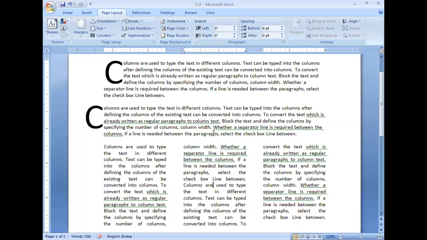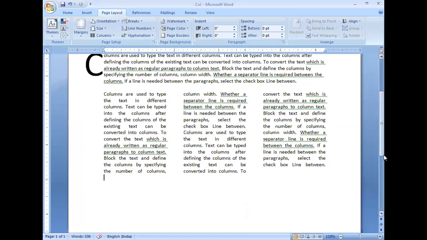So this is how we did it in the previous session. Now let's work with the auto text. Example: now I'll type Manipal Institute of Computer Education.